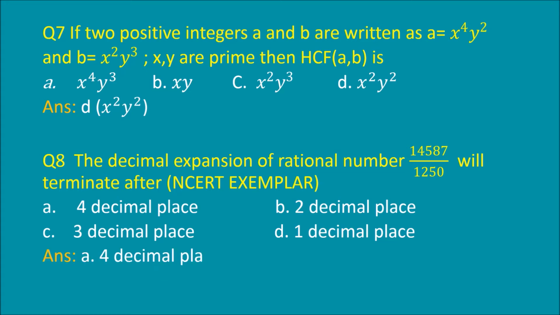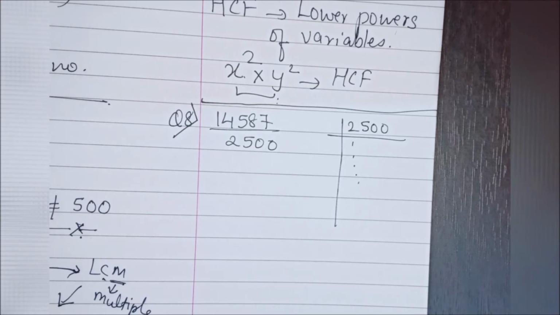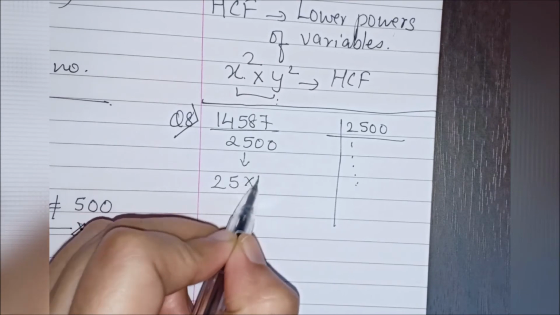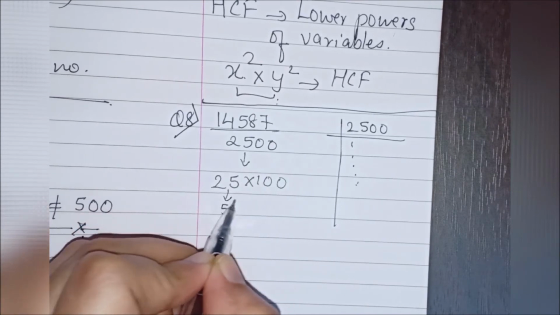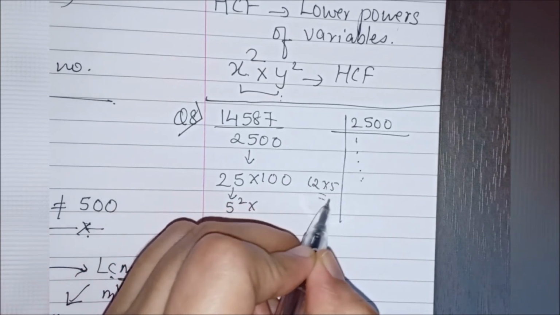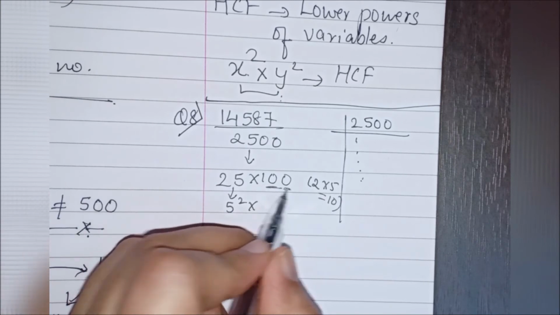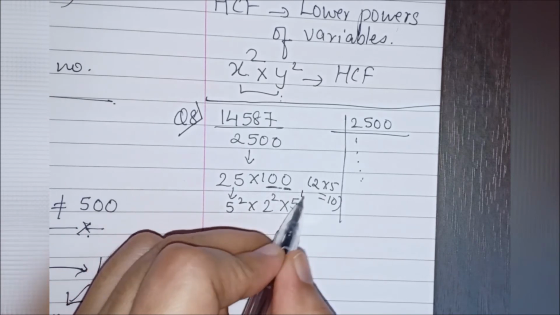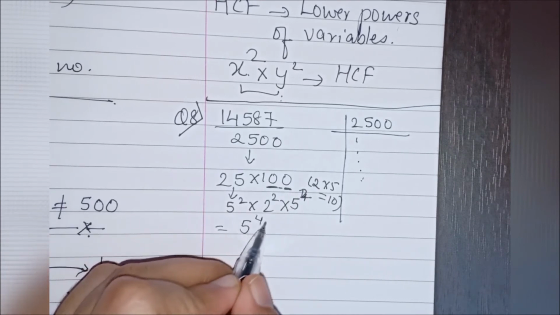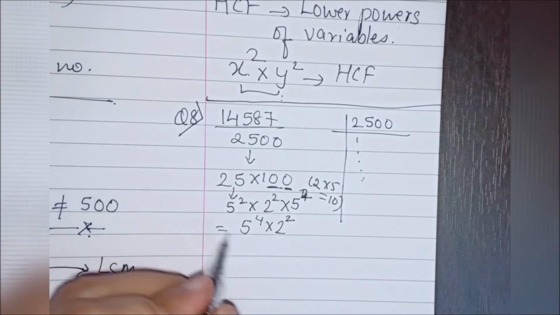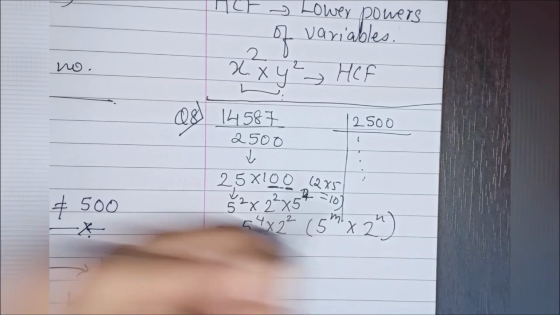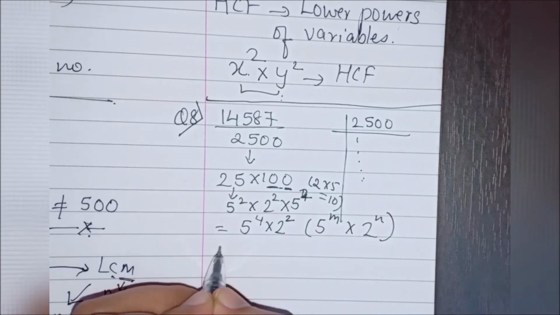So to solve this, first we will factorize the denominator and we will look out for any common factor between numerator and denominator. So one way of factorizing is by prime factorization. The other way is splitting it as 25 into 100. Now 25 is 5 square and 100 we know is 10 square. Now the factors of 10 are 2 and 5. So 100 can be written as 2 square into 5 square. So on multiplying we will get 5 raised to 4 into 2 square.